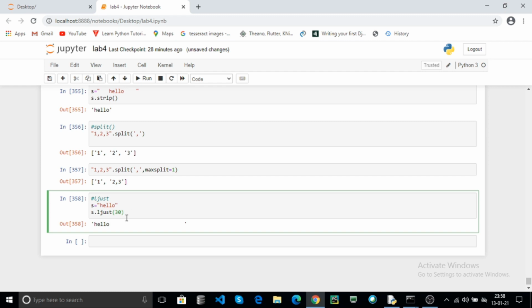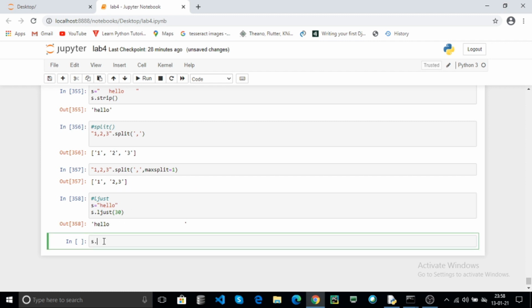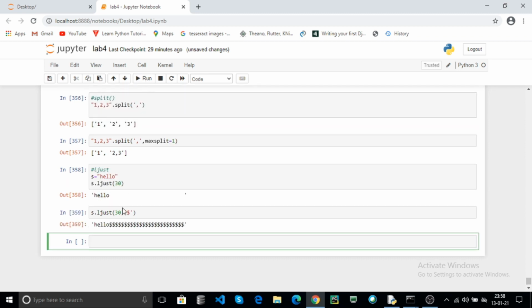For example, we are using another ljust with 30 width comma 1 fill character, here dollar. Your string is printed on the left, and the remaining width will be filled with the fill character. Click on run. Here this is the returned string.